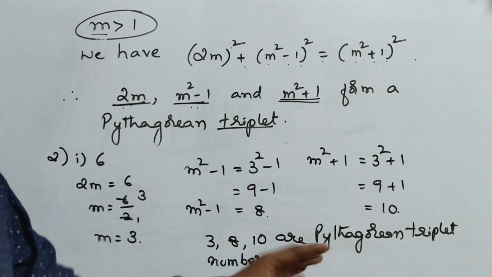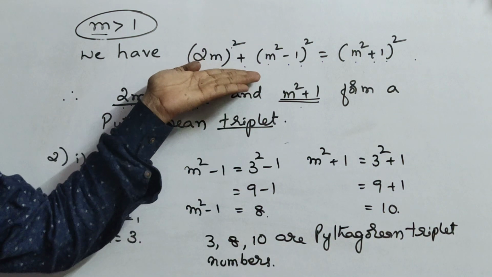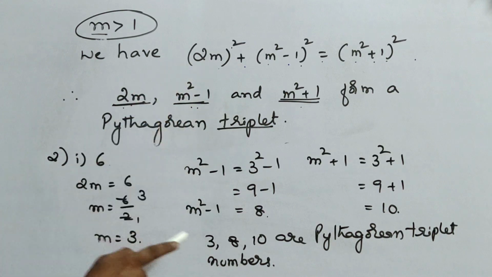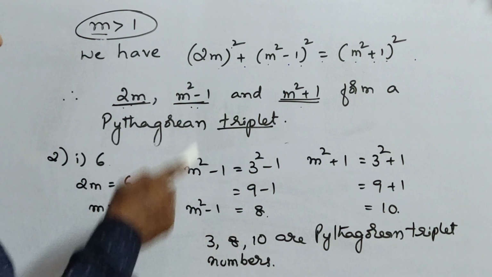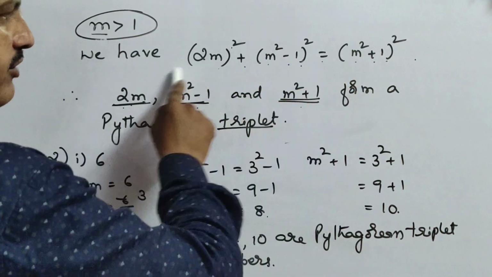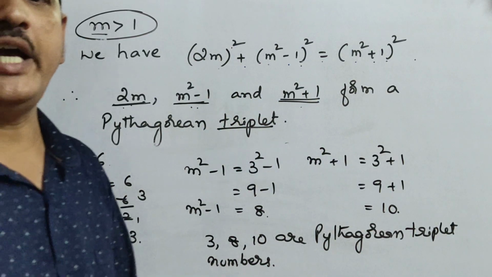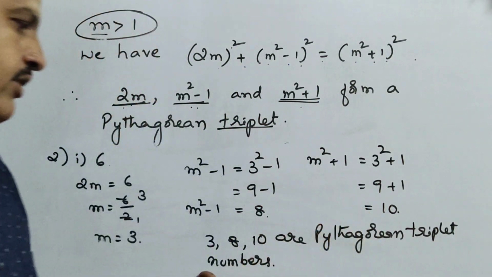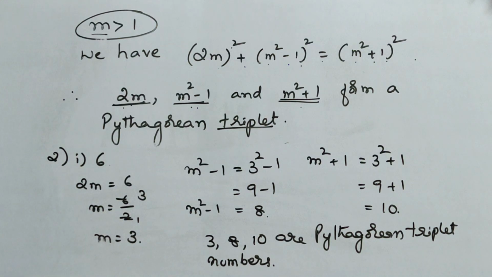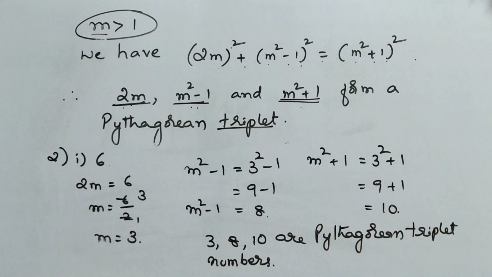Why these 3, 8, 10 are Pythagorean triplets means, if you want to check whether the given numbers are Pythagorean triplet, substitute the m value in this equation, and check that both LHS and RHS are equal. If both LHS and RHS satisfy, then the given numbers are triplet. Okay, so that much is not necessary. We are only simply asked to find out the Pythagorean triplet numbers. Okay children, is it clear? Understood? I think so, right? Next,